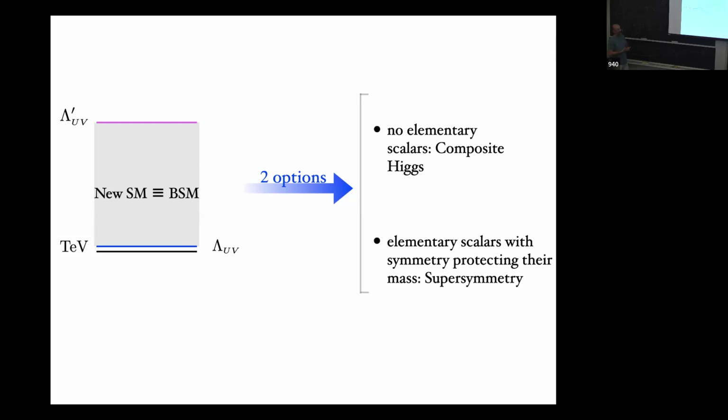It doesn't yet explain why those masses are small, the symmetry per se, but it sets the stage for an explanation. And in fact, we even have the explanation in the case of supersymmetry of why those masses are small. Okay? That is because of the specialty of supersymmetry.